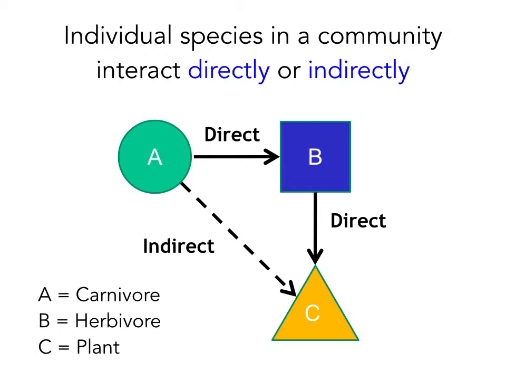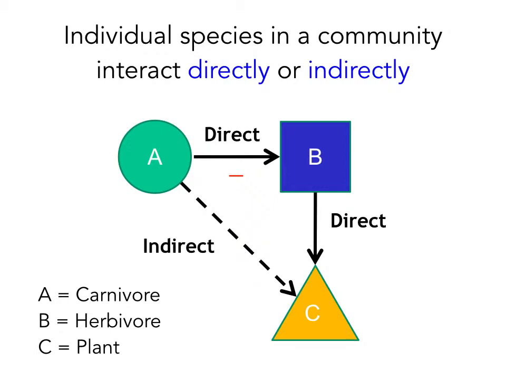B could be some kind of grazer, and A may be a top predator, and C a set of different grass species, perhaps, that B, the ungulate or the grazer, eats. If this were the case, we would characterize the interaction between A and B as a negative interaction, because this is a predator-prey interaction, and of course,